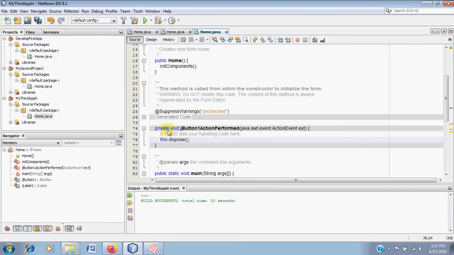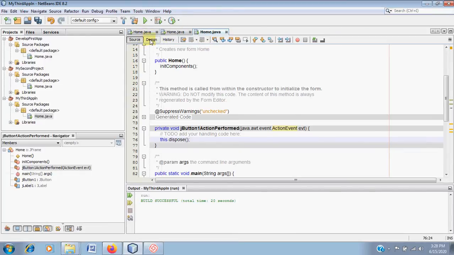If you see here, private void jButton1ActionPerformed. That is, what is the action that it has to perform when the exit button is clicked? It is going to trigger an event when the button is pressed, then it has to dispose of this application window. That's what we are saying. So this means this particular window, wherever the exit button is placed, has to close. So we are disposing. That's all the code that you need to write for disposing the application window.